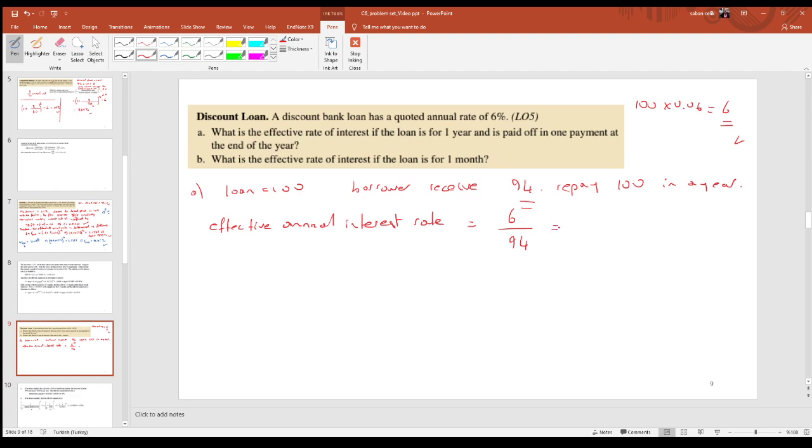So this is going to be 0.0638, which means 6.38%. As you see, we have a slightly higher rate than the quoted rate. It is because we received 94 instead of 100 at the beginning of the period. So B,